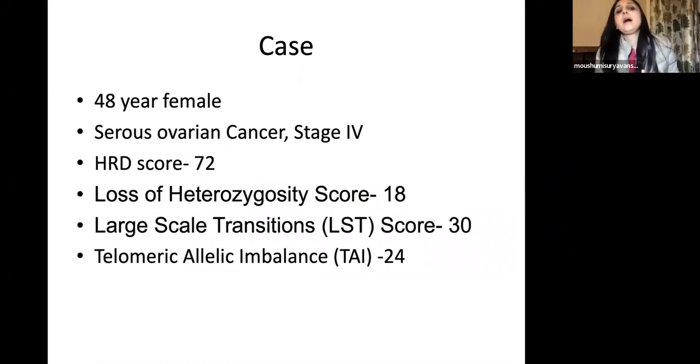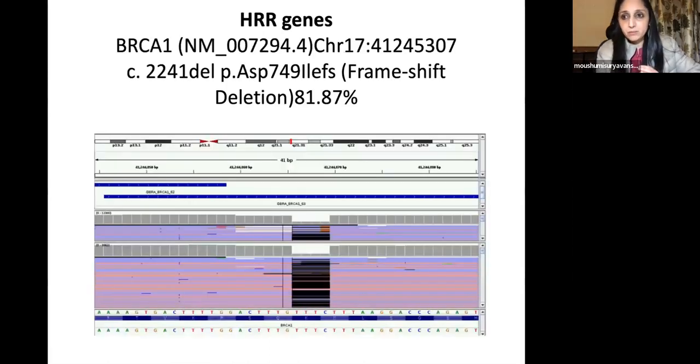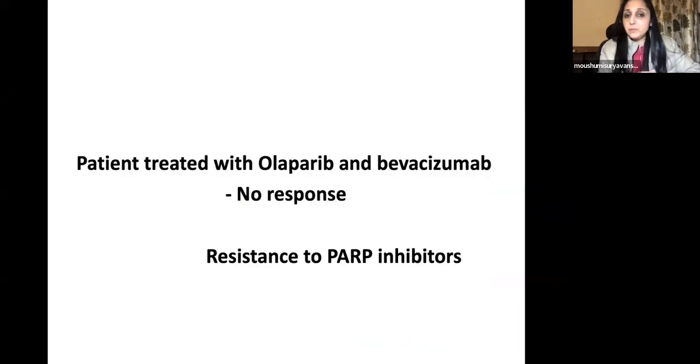This is a 48-year-old female who had a serous ovarian stage 4 cancer, and the HRD score was 72, which is high. We are using the Kaizen HRD panel, and we have a cutoff of 65, and by those standards 72 is a high score. There was high loss of heterozygosity, LST, and TAI, and there was also a germline BRCA1 mutation in this patient. It was a frameshift mutation, and the patient was offered olaparib and bevacizumab, and the patient did not respond to